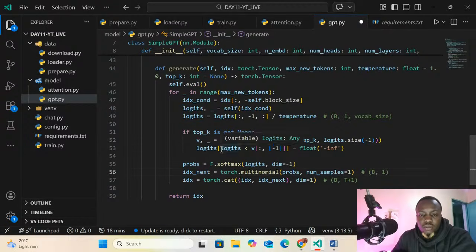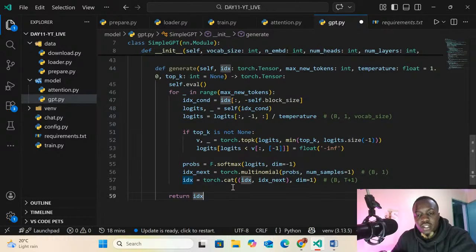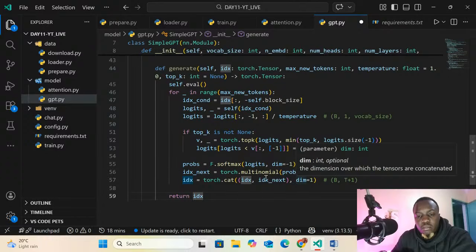We have logit, we pass it right here. Yeah, it's closed here. Logit is all the values right here. So in case you're wondering about all these terms, we defined everything bit by bit in the previous session. You can just check the previous live recording. We explain each part one by one.